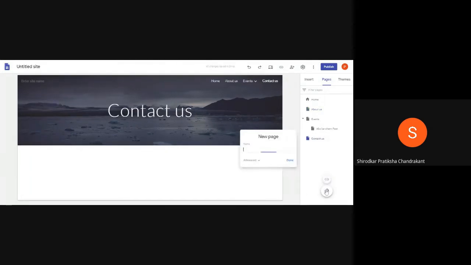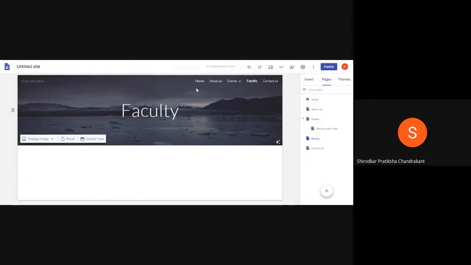Okay, I can add one more page which will give information about the faculty of our institute. Okay, let me say done. Like that, you can add n number of pages. There is no limit to the number of pages that you can add. Like it can cover this entire space. Okay, and if you feel that it is covering the entire space of your site, you can always add subpages to the main pages that you have created.